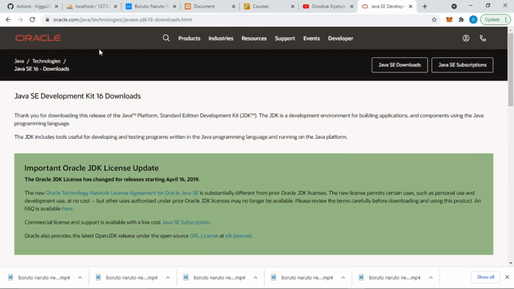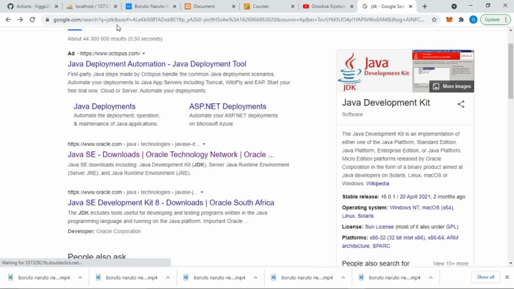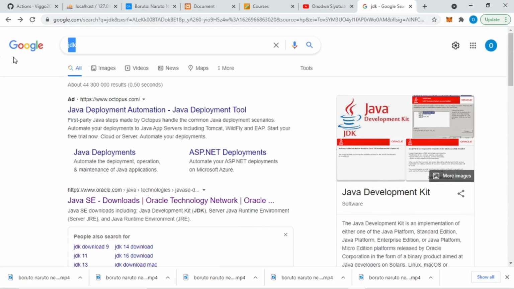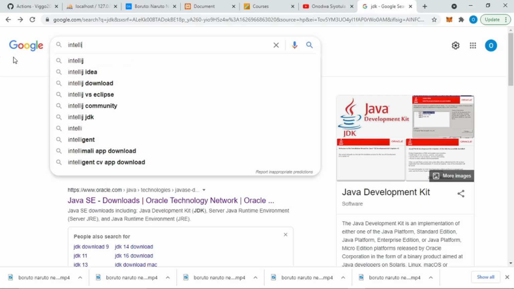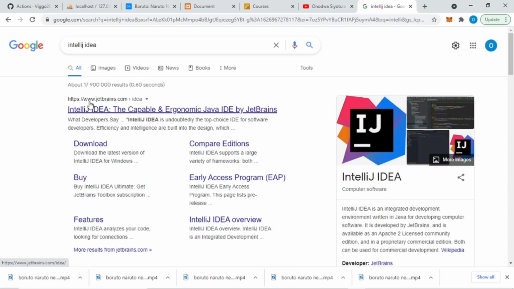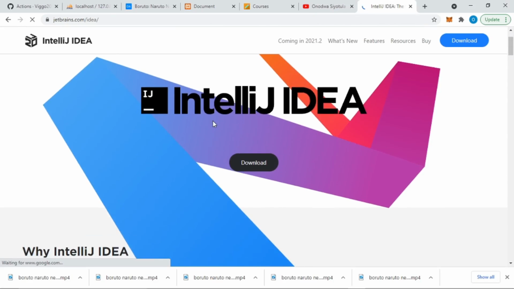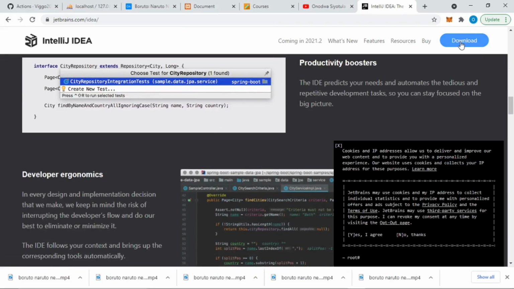Next, I'm gonna go back, and I'm going to search for IntelliJ. We're going to download the integrated development environment, so we're using IntelliJ IDEA, and the name of the website is jetbrains.com, and we're going to click on this first link, and then we're going to scroll down. No, actually we're going to hit this download button,